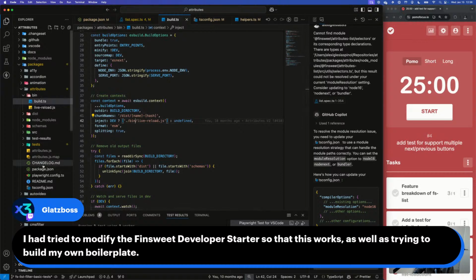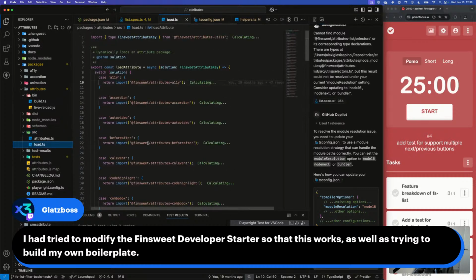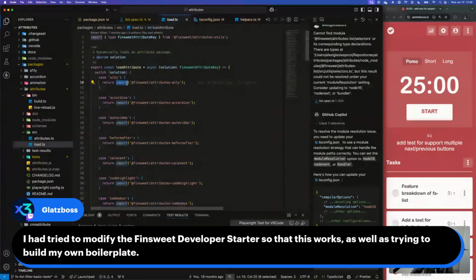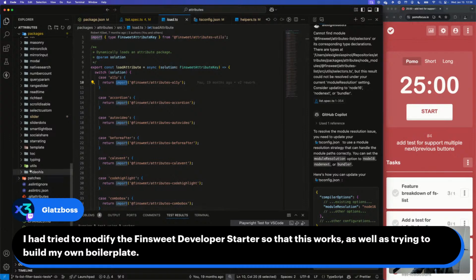And then inside the library, what we do is this. Look at this. When we load an attribute, all we are doing is simply this. We dynamically import with this import keyword here. It's what's called JavaScript dynamic imports. We're dynamically importing one of the packages of the monorepo.